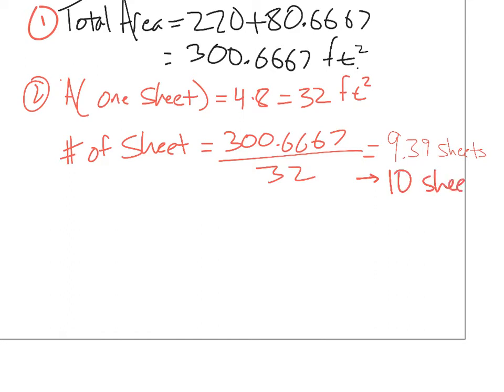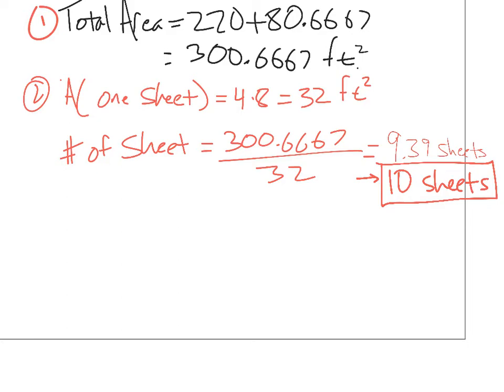We're going to round up. Now notice that's 0.39, but we're still rounding up, okay? 9 sheets would not be enough, but if we have 10 sheets of plywood, then that will be enough. All right? Great. So now technically we need to order some extras because when you put these pieces of plywood